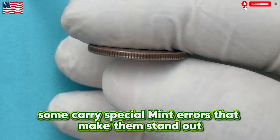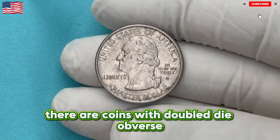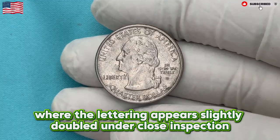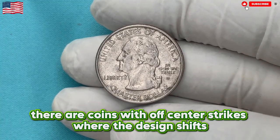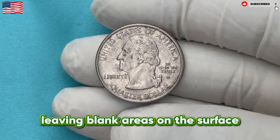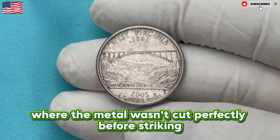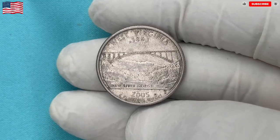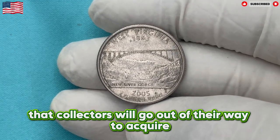Some carry special mint errors that make them stand out like hidden treasures. There are coins with doubled die outbursts where the lettering appears slightly doubled under close inspection. There are coins with off-center strikes where the design shifts, leaving blank areas on the surface. And there are planchet errors where the metal wasn't cut perfectly before striking. Each of these variations turns a regular coin into a rarity that collectors will go out of their way to